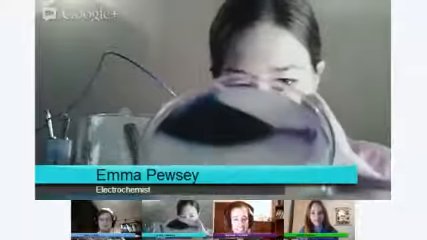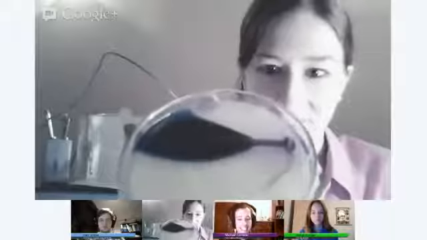Bad stuff. And I've got another nail here that has been in solution for a little bit longer. So it's been in the salt water about 5 days. I'll just get rid of the bar actually so you can see it better. There we go. This has been in there for about 5 days. So I've just set it in a gel so you can see what's going on a bit more easily. And you can see you've got lots and lots of blue all around it. We've really corroded that nail away quite heavily.